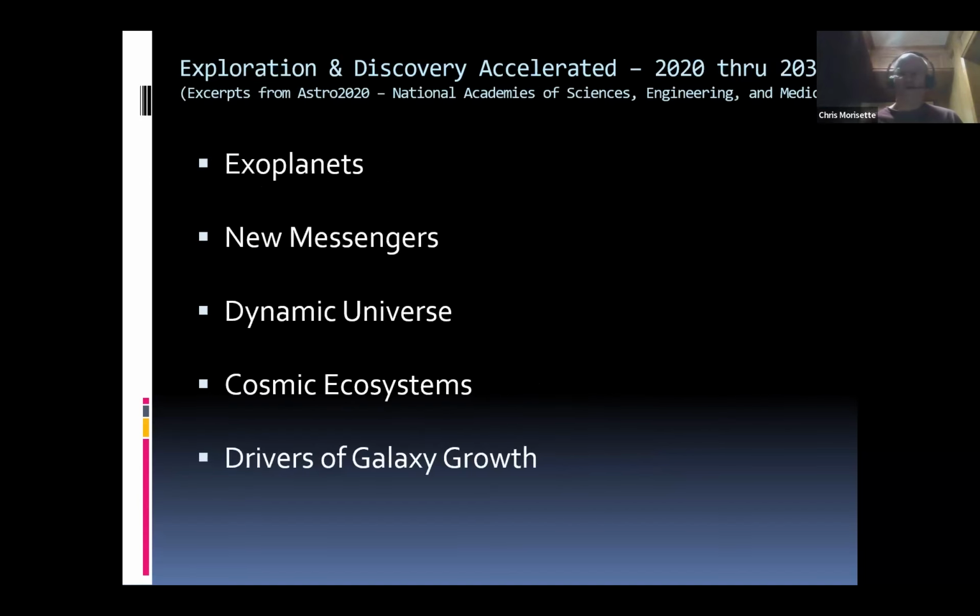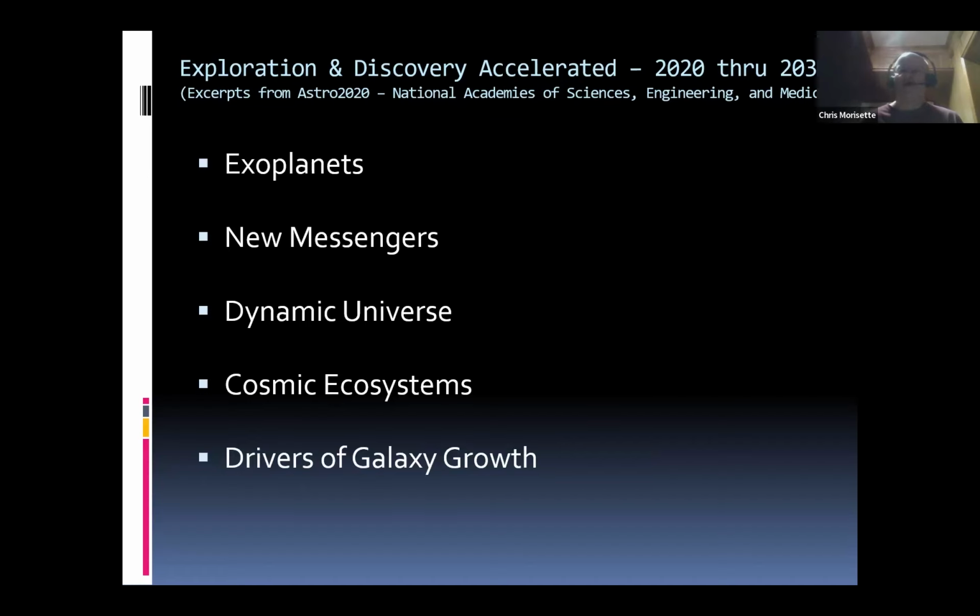I just want to quickly wrap up and talk about what's coming up next. There's a document called Astro 2020, which serves as a roadmap for astrophysical and astronomical research. And here are the five areas that they've outlined. With exoplanets, they're going to be doing more analysis of atmospheres and also begin to look at the protoplanets and understand how those solar systems are forming. A lot of questions around that.